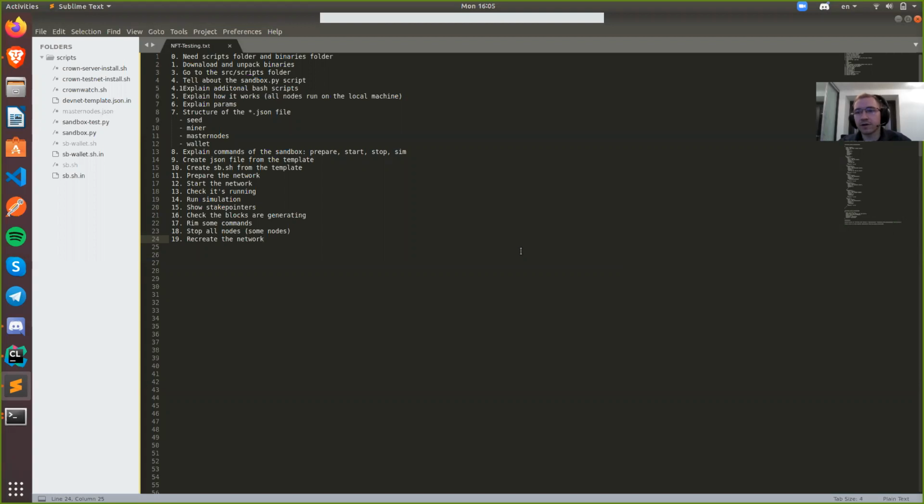Okay, so I assume that you have basic knowledge of how blockchains work. I also assume that you know a little bit about the Crown platform, about its infrastructure like master nodes and system nodes. I also assume that you have basic scripting skills and programming skills. Okay, so basically to set up a sandbox on your local machine, you will need the Crown core binaries and